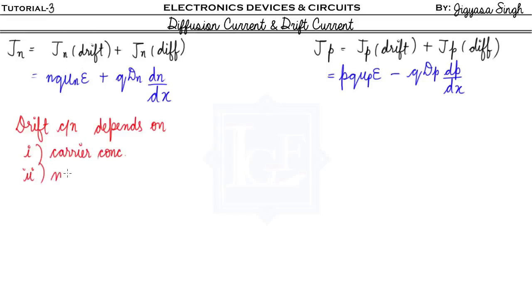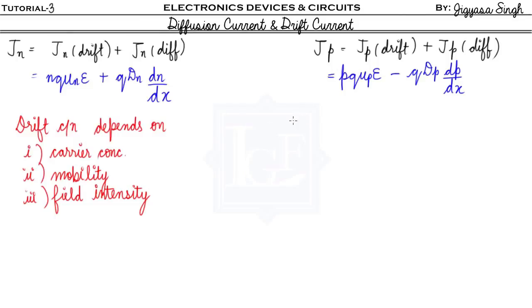This was the mobility, right? Third thing, it depends on the field intensity. Now if any question comes on this topic, any theoretical question, any numerical, you can always do it, because we know this formula and we derived it ourselves, right? Similarly, for this also, it depends on the carrier concentration, mobility and field